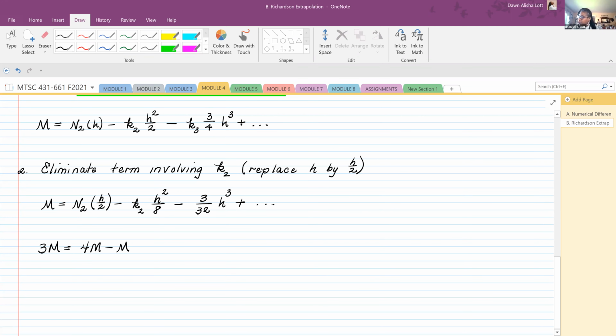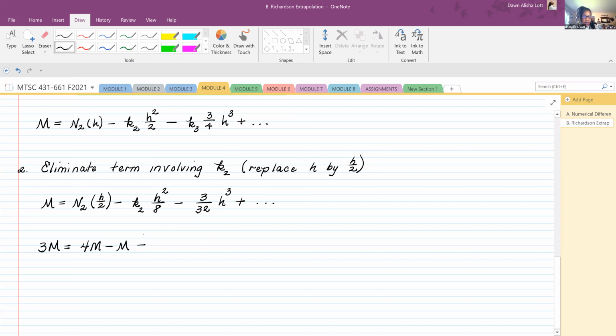So that's going to give me, I know this is crazy, guys, but it is crazy: 4 N2 of H over 2 minus K2, and then I'm going to get H squared over 2, minus K3 times 3H cubed over 8,